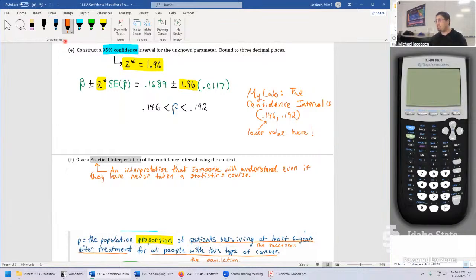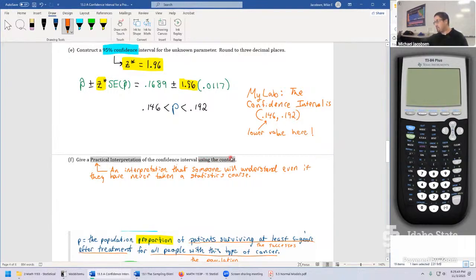In that sense, we don't want any specialized language. We have to say exactly what P is in the most reasonable kind of way. And so imagine kind of like you did an amazing study and now you're on Channel 8 News. You're trying to tell everybody what you found out. You're not trying to wow people with your specialized vocabulary. That's just going to confuse everyone and no one has any clue what you're talking about. You're trying to break this down for the layperson essentially. So that's what the practical interpretation is all about.